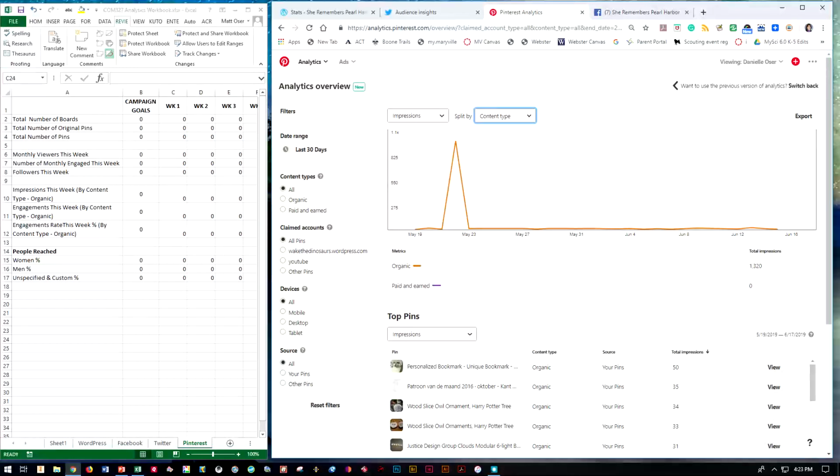So 1320. Engagements, so we're going to go ahead and come down here to engagements. We're going to do it by content type as well and organic. So there's my engagements. And that's all I need for that one. So the next thing I need to know is